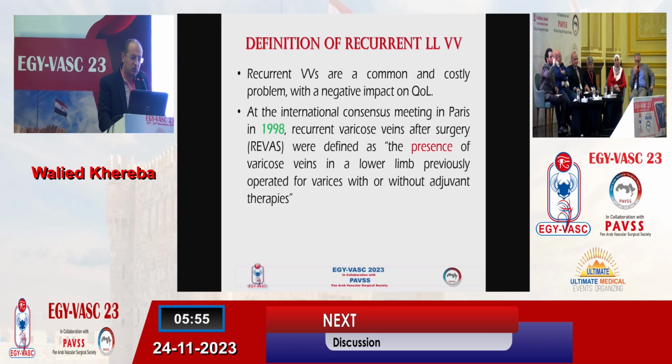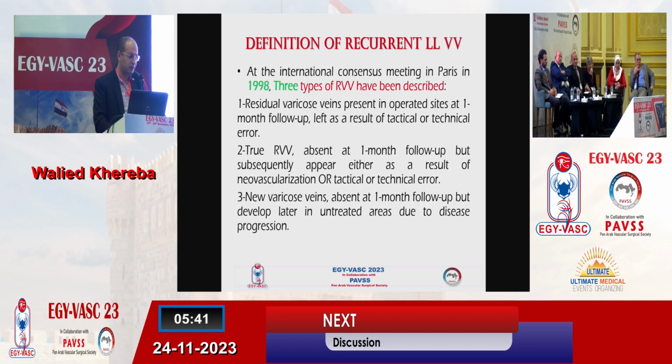At the International Consensus meeting in Paris in 1998, recurrent varicose vein after surgery were defined as the presence of varicose vein in a lower limb previously operated for varices, with or without adjunct therapy. The consensus describes recurrent varicose vein in 3 forms. The first one is residual varicosity, then true recurrent varicose vein, and new varicose vein, which can affect any statistical analysis in